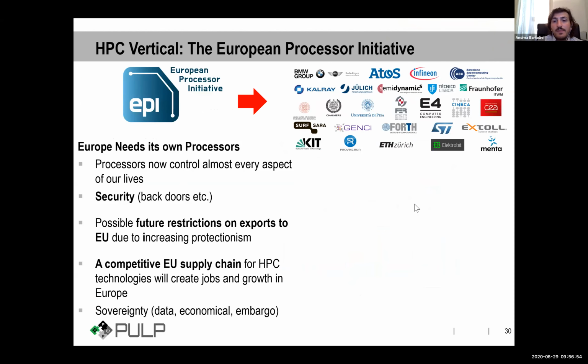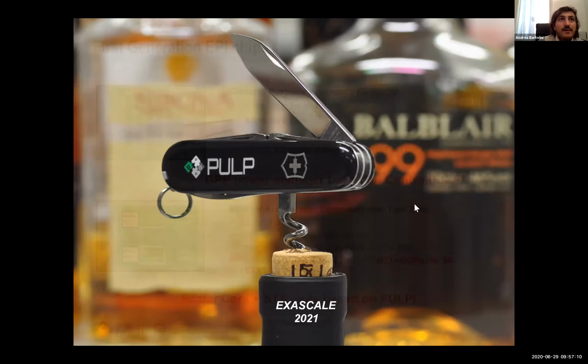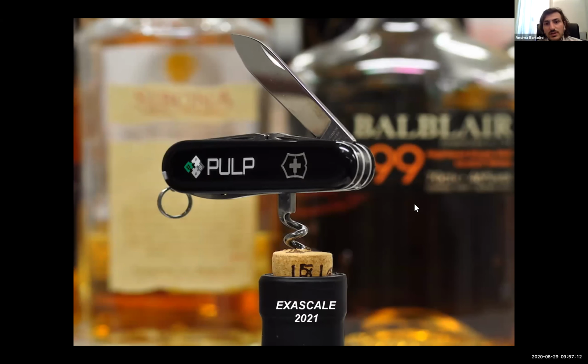Finally, all these components and IPs that I've depicted are converging and are pushed by the European Processor Initiative, which is fostering the evolution and the design of these hardware components. And so, to conclude my talk, we saw that really through the PULP project, we can have a really wide set of tools which can allow us to build an exascale system already today.